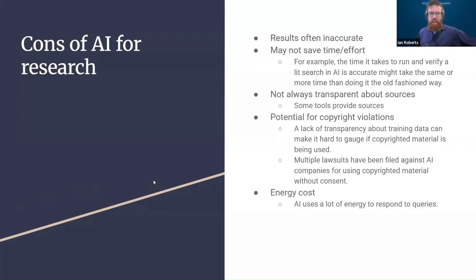Now, going to the cons of AI for research, first, results are often inaccurate. Gen AI is mimicking what it sees from its training data. If that data is incorrect, or the AI misinterprets the data, it's going to give you something that's not what you want, or it's just flat out wrong. This is where I'll throw you back to human in the loop. You need to cross-examine the findings, review what it gave you, decide what's right for you.